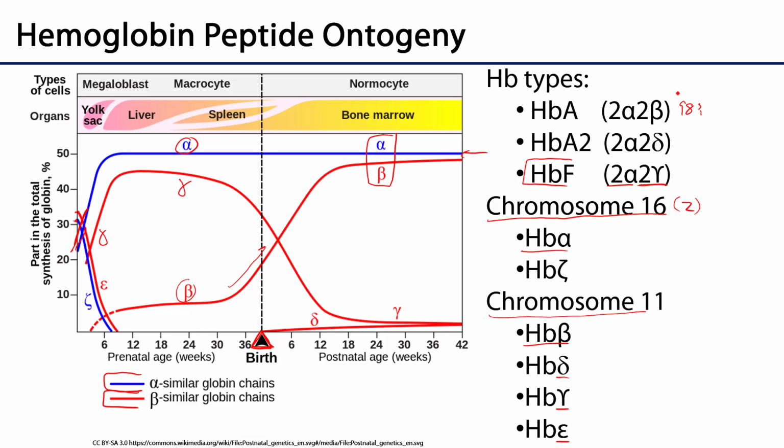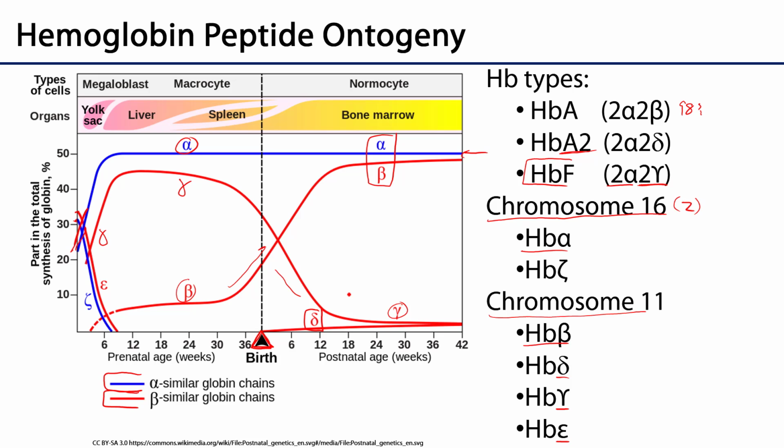We also have another form of adult hemoglobin, and this begins to form after parturition, and that's 2 alpha, 2 delta subunits. So that is the second form of adult hemoglobin. And we can see that some fetal hemoglobin is actually going to still persist after birth. So this happens for quite a long time.